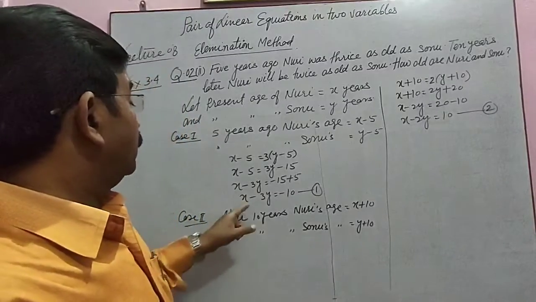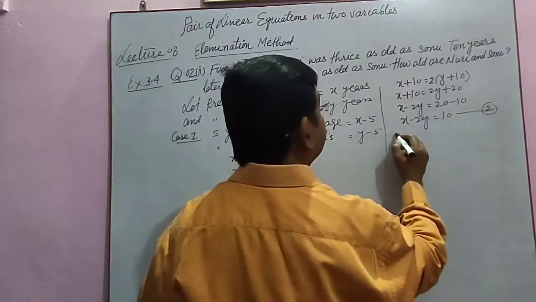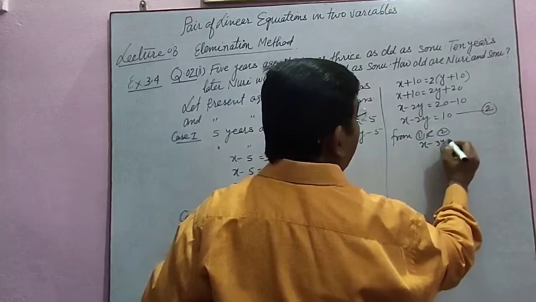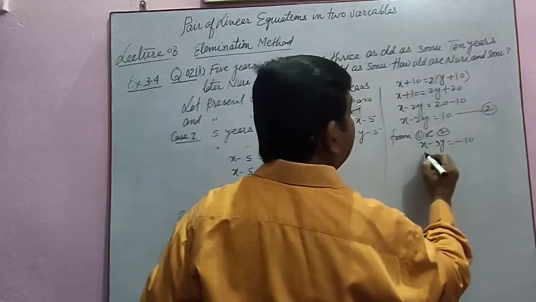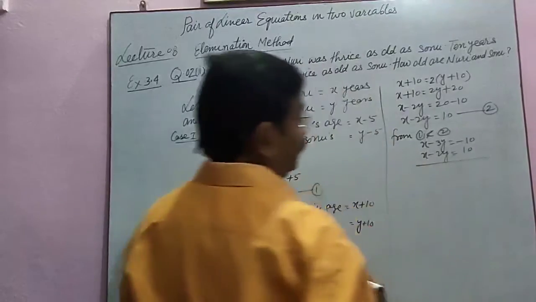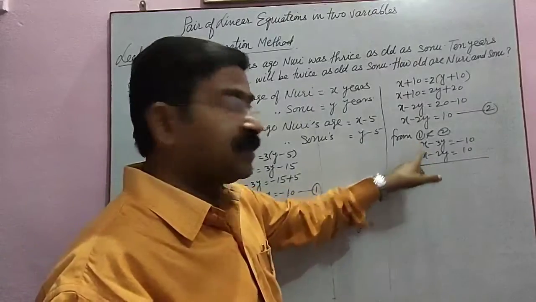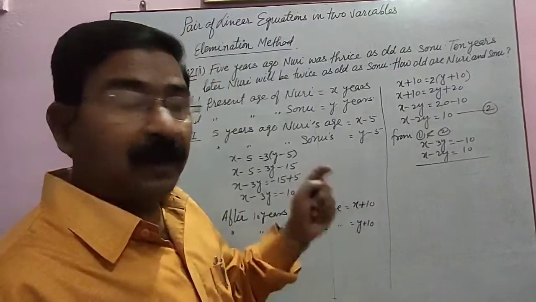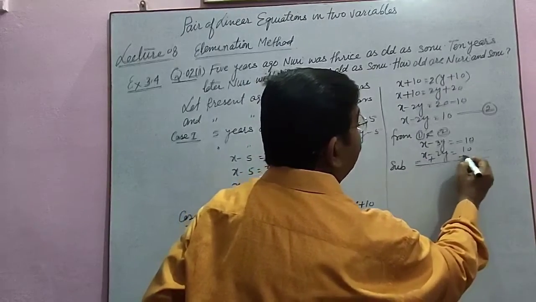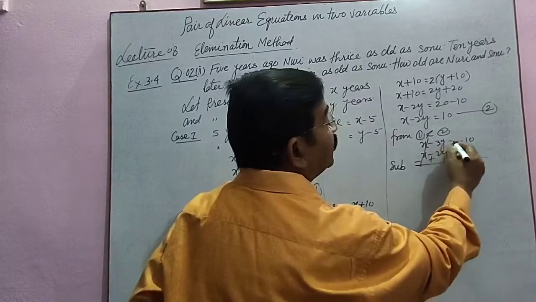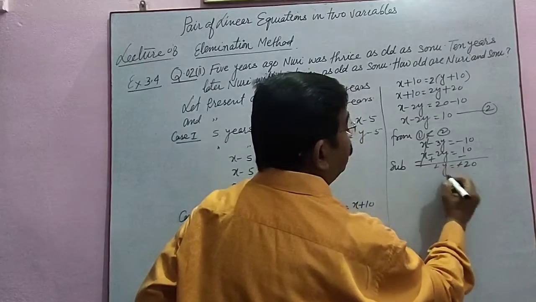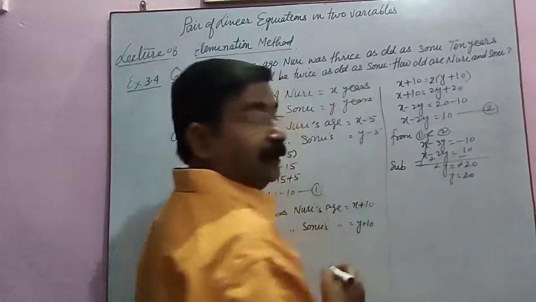Again, I am going to solve these equations once again for you. From equations 1 and 2, X minus 3Y is equal to minus 10, X minus 2Y is equal to 10. See, the coefficients of X are the same with the same sign. To eliminate, we can subtract them to change the sign. Minus, plus and minus. X will go. We have minus 3Y plus 2Y, minus Y is equal to minus 20. Minus will go. Y is equal to 20.